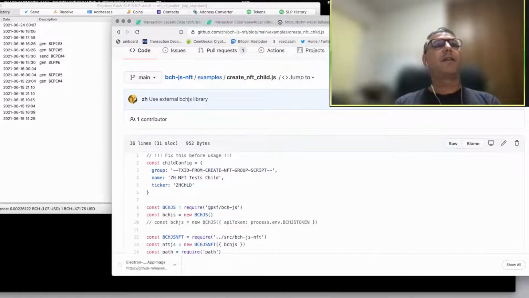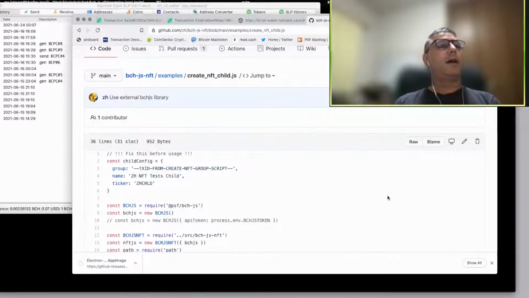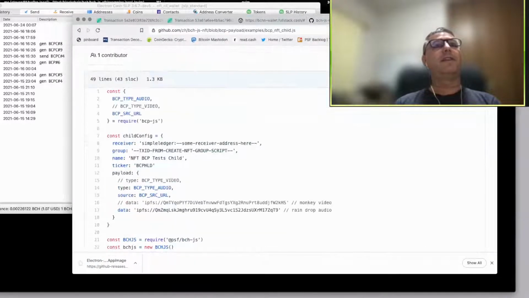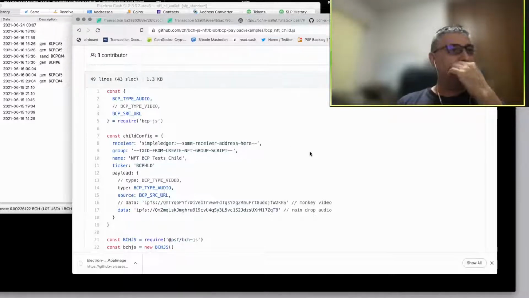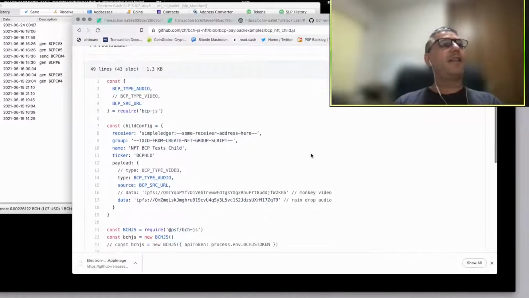And the other talk that we had the previous week with Chris was about trying this BCP, like payloads, which are on chain. So I extended this library.